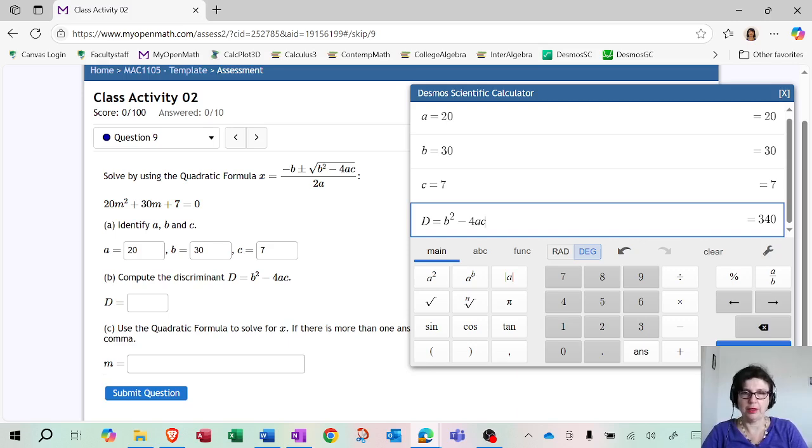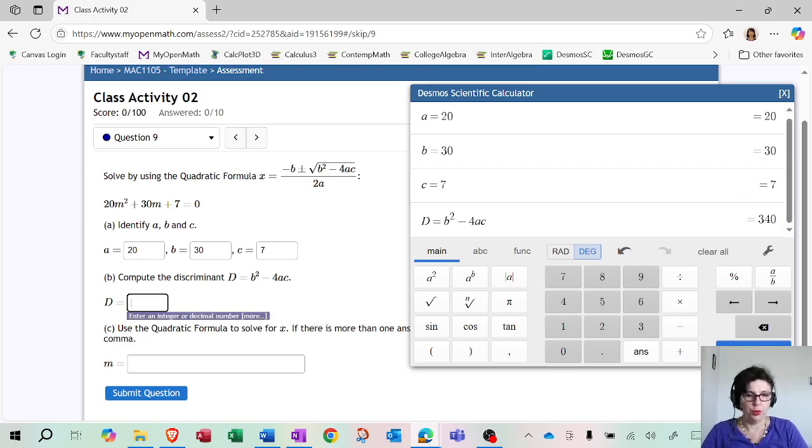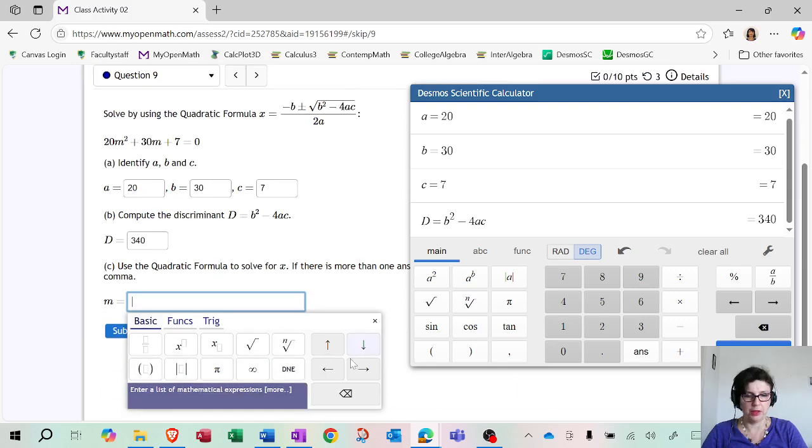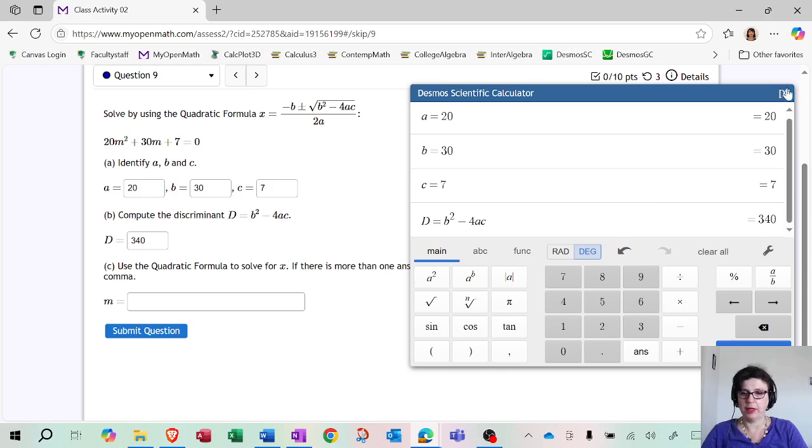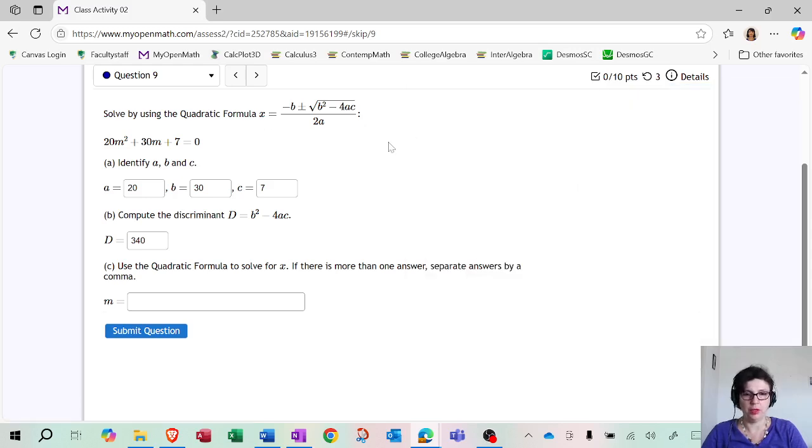However, it is not a nice number in the sense that it is not a square of some number. So that means that I'm going to have two irrational solutions, meaning that they're not going to be fractions or integers. So that means that this calculator is not going to be useful to me anymore because I do not think I can enter decimals in here. I don't think it's going to allow it, or at least it shouldn't. You see where it says in the tips, decimal values are not allowed? Okay, so that means that I have to carefully substitute into the quadratic formula.